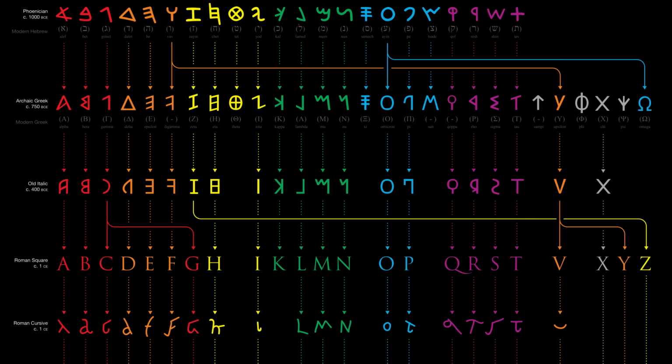By this point, the order of the alphabet had become standard, and each letter was associated with a number. So when the Romans placed the letter G in the number 7 spot, they had to move the letter that had previously been at the number 7 spot. That letter was the letter Z, also known as Zed. The Romans didn't use that letter very much, so they simply moved it all the way to the end, which is why the alphabet today ends with the letter Z.